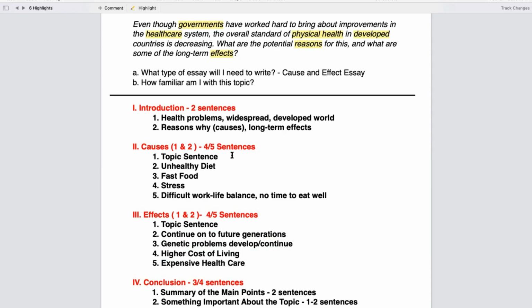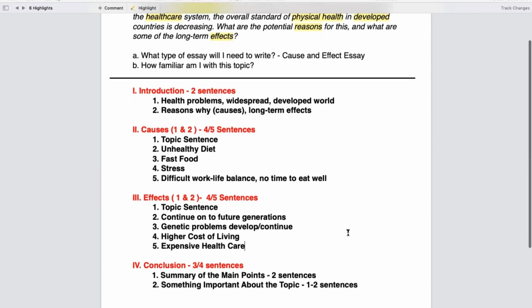All right, so I've thought about my two causes and my two effects. Now for the conclusion, I have a summary of the main points. Basically, I'm talking about how diet from here, and stress, so my two causes, contributes to future generations and a higher cost of living, basically. This is my summary. I've combined my two causes and my two effects. And then the second point is